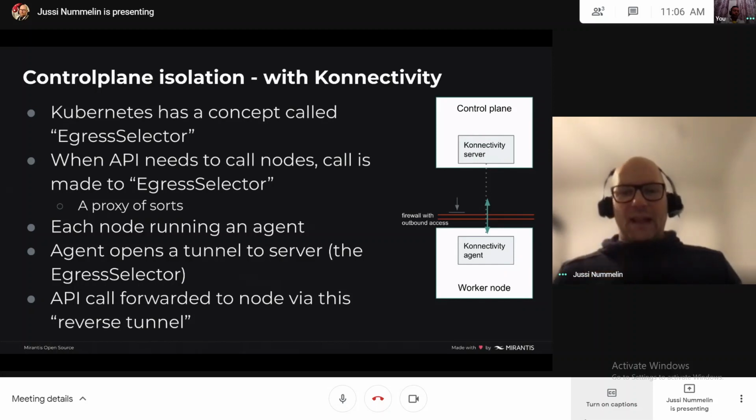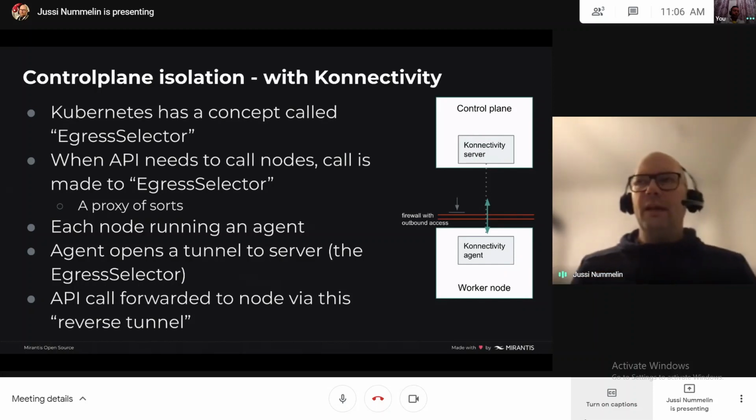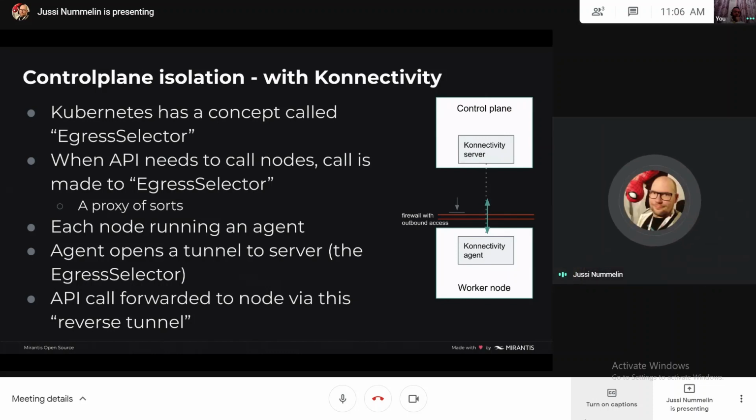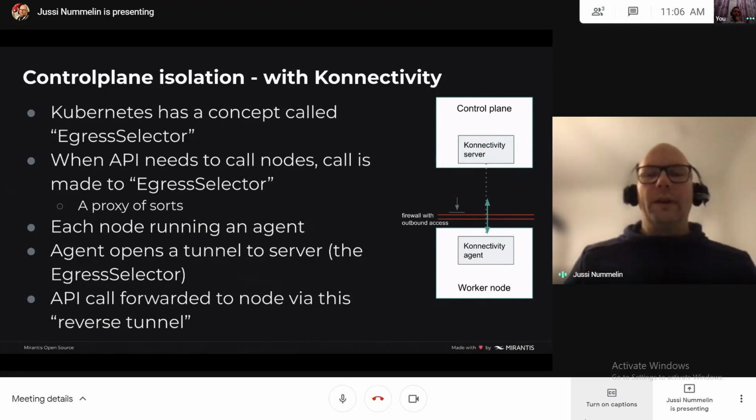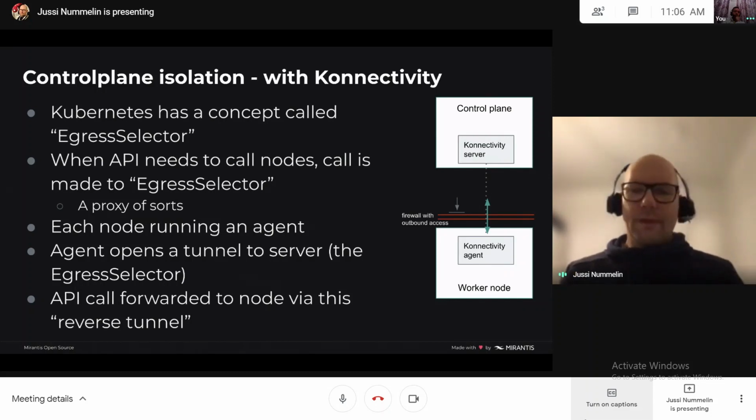So what happens when the API server needs to connect to the worker node to get some information, such as getting logs of your pods or executing yourself into a pod? Those are cases where the API has to connect to the kubelet running on the node.